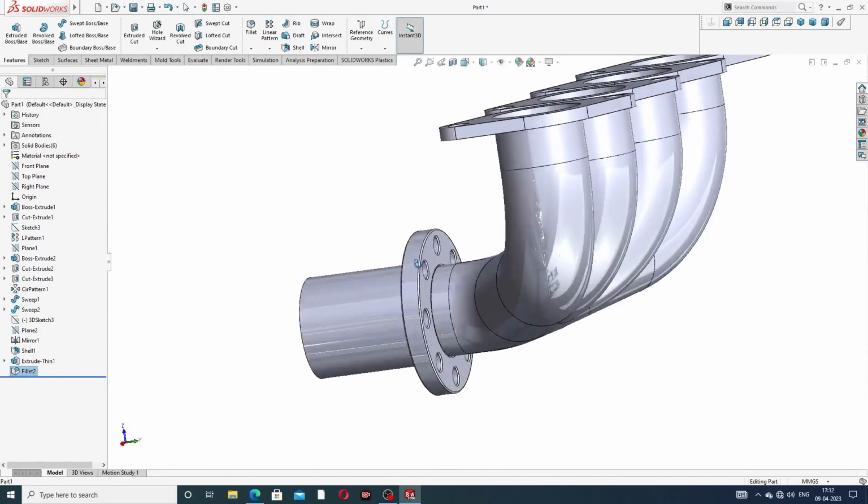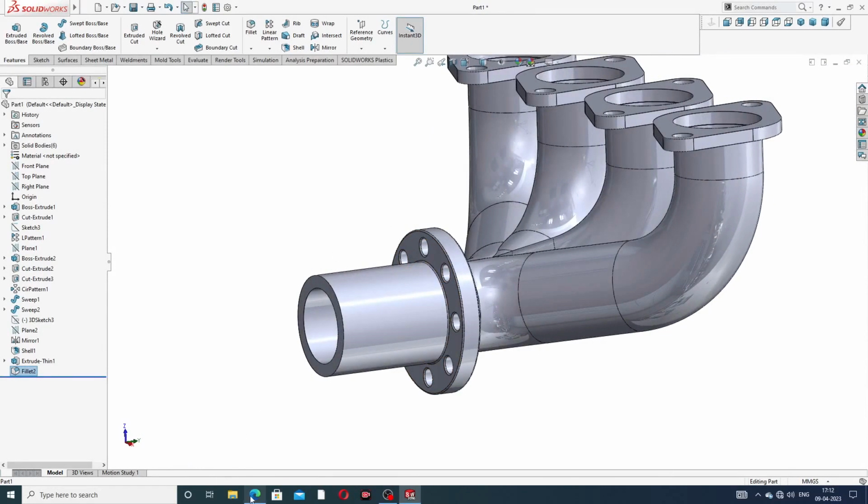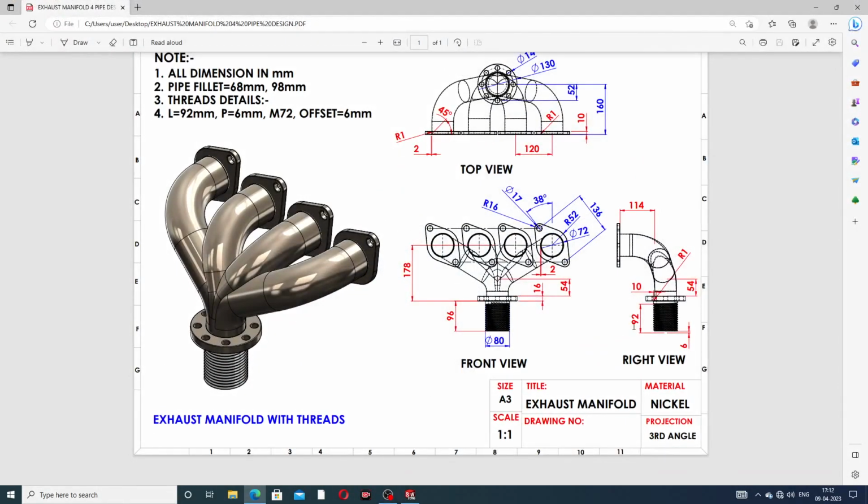And next use a thread. Thread is used here. This is 92 millimeter, and the offset is 6 millimeter. Pitch is 6 millimeter, and size is M72 millimeter. Okay,